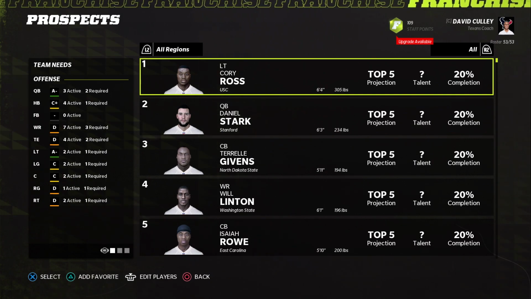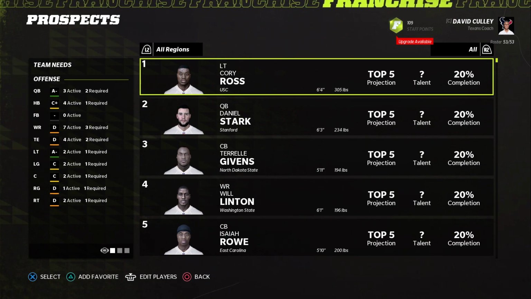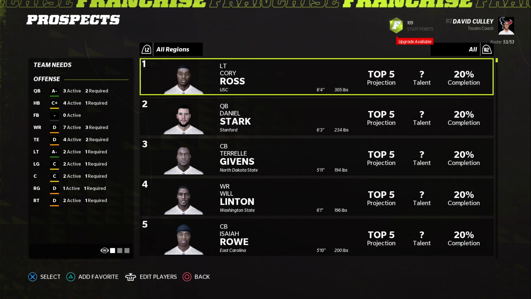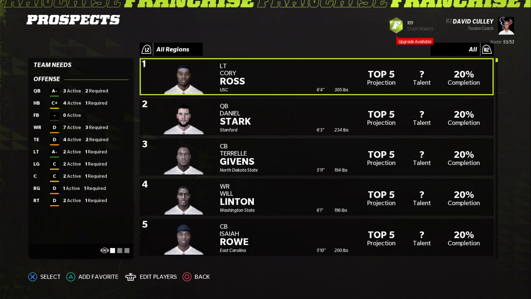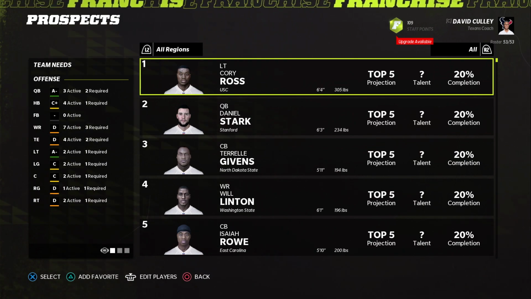Today I want to do a video talking about player projections in comparison to their true overalls in the Madden 22 scouting update. Now, one thing that I'll say before we hop into this video is that it seems like there is not a lot of a change in terms of player value in comparison to player projections within the game. I thought that one of the main sticking points of the new update to Madden 22 scouting was that